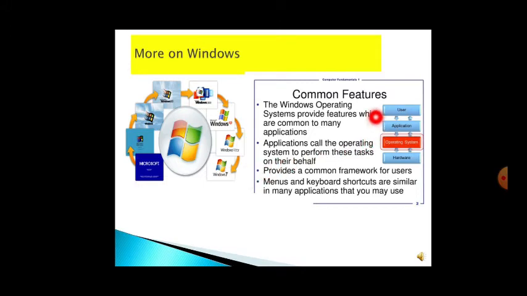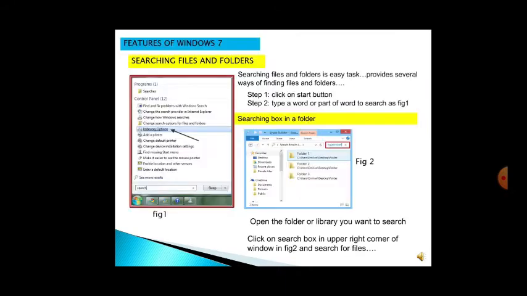You can just see here user, application, operating system and the hardware. The operating system here is Windows, and there are many applications related to Windows, and the hardware is the external devices. Here you can see Microsoft first. This is the cycle of how Windows has been developed. Now Windows 10 is also there. These are the logos initially, then the logo changed from XP. This is the Microsoft Windows 7 logo.